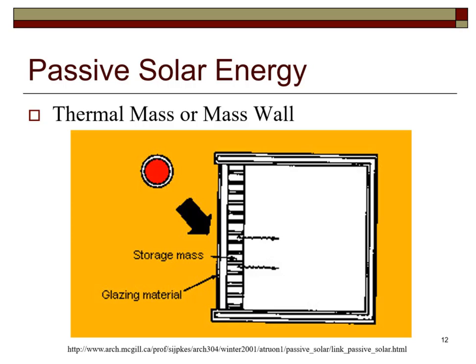Thermal mass or mass wall. This figure shows a concrete wall used as a solar collector and heat storage device. When sunlight strikes the rough blackened surface, the concrete becomes warm and heats the air in the space between the